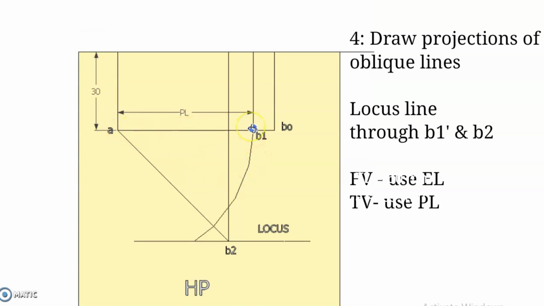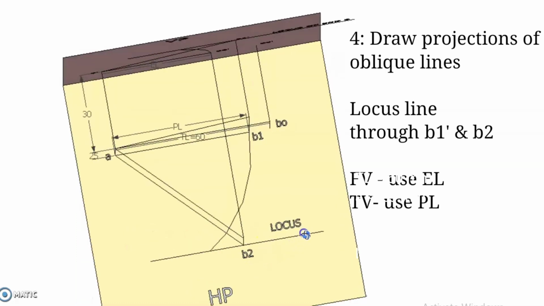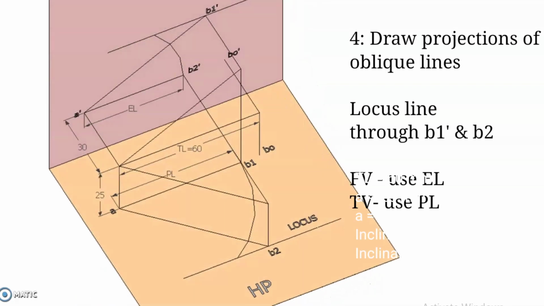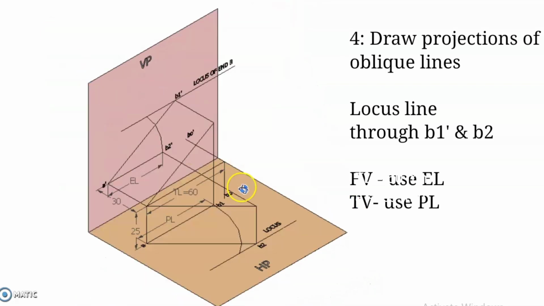Take this distance in compass. Take center point A and from the given data, draw this arc A dash. That is the locus, the distance above HP, cut at A. That is the locus distance in front of VP, B in top view, with inclination with HP, that is theta, and inclination with VP, that is phi.